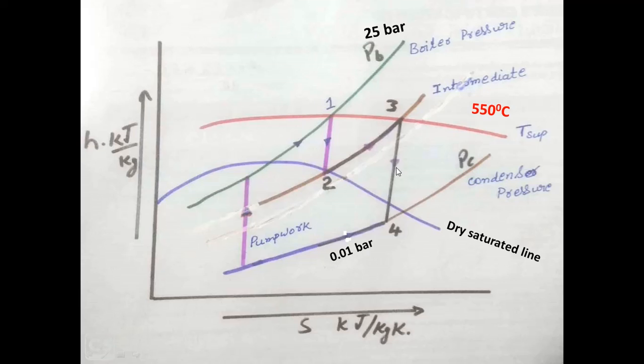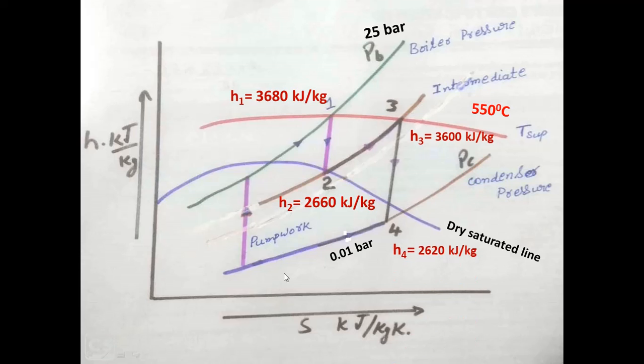Please note down this TS diagram in your notebook, because it is very important for solving this problem further. After doing all these steps, you will get the enthalpies H1, H2, H3. Even from the Mollier chart you will get all these, H1, H2, H3, up to H4, but not H5, because when it is condensed to the liquid phase, its enthalpy reduces.